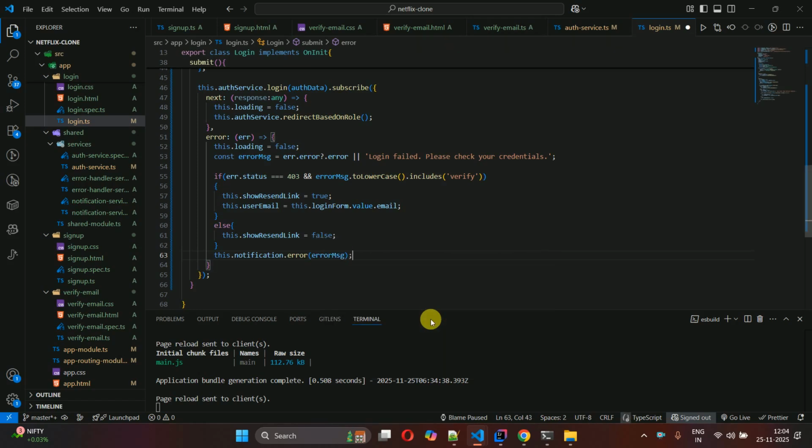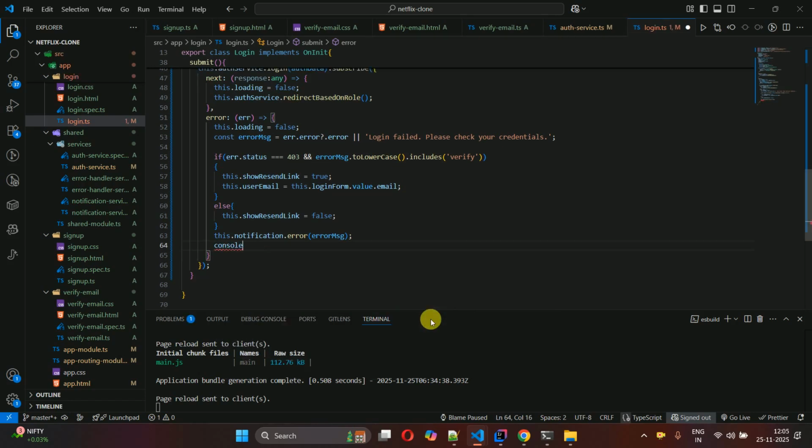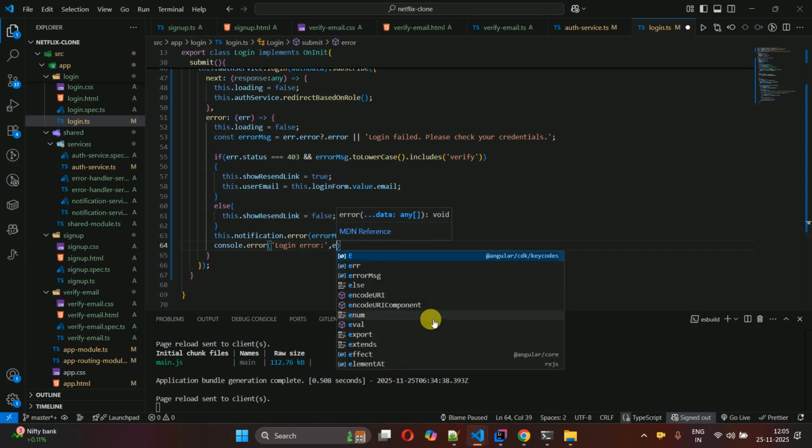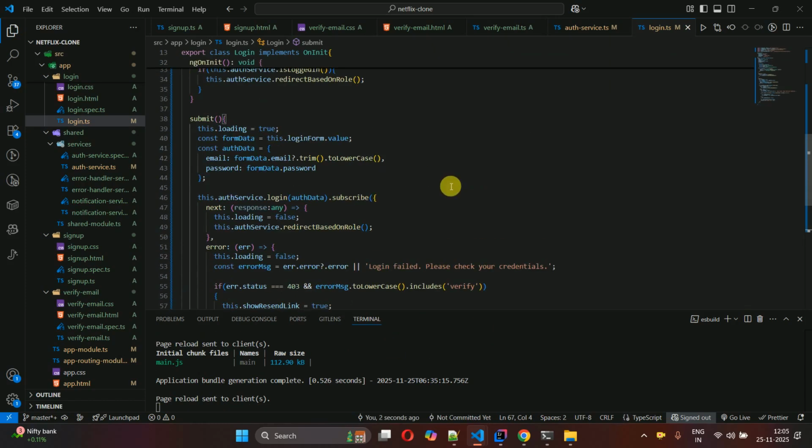And if you want to print in the console, just print console.error, sorry, not this one, console.error, 'Login error', comma, err, and put a semicolon. And yeah, so this is the submit method. We have to write the code,